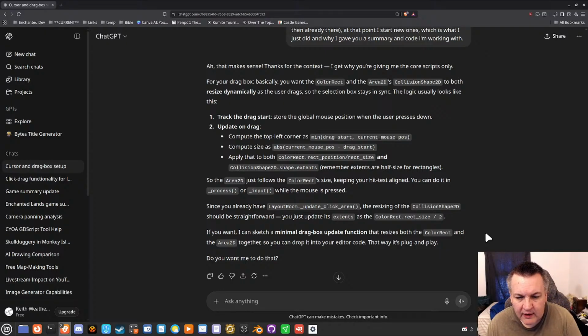Compute size as ABS of current mouse position minus drag start. Apply that to both color rect position, rect size, and collision shape 2D shape extents.